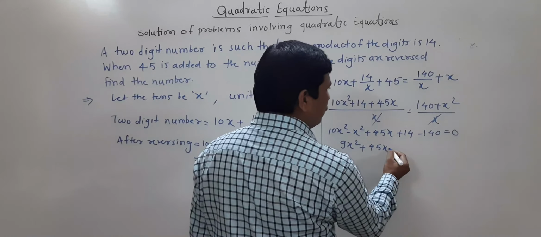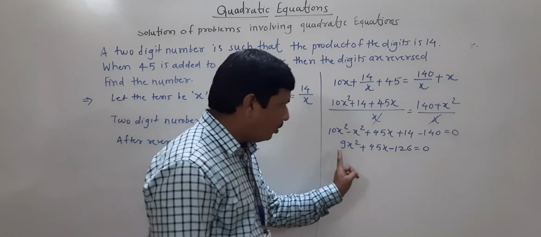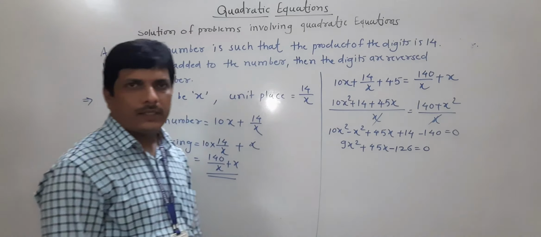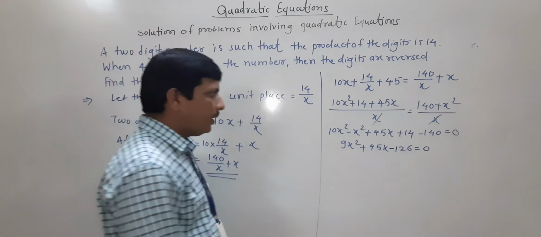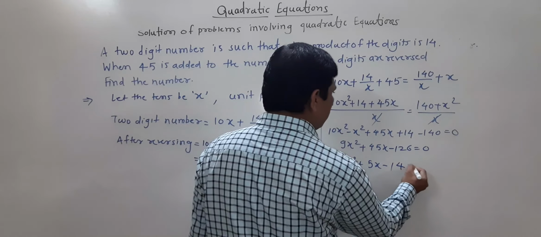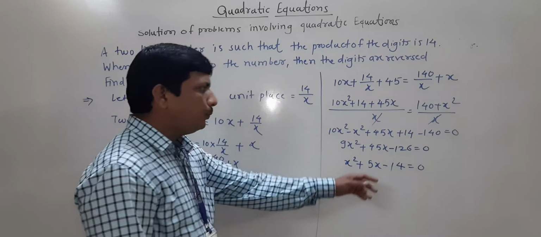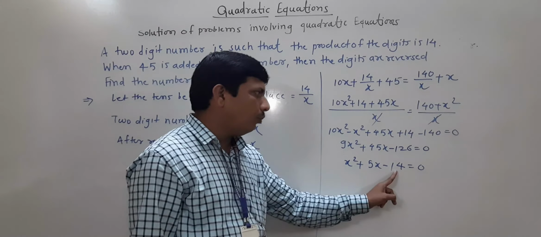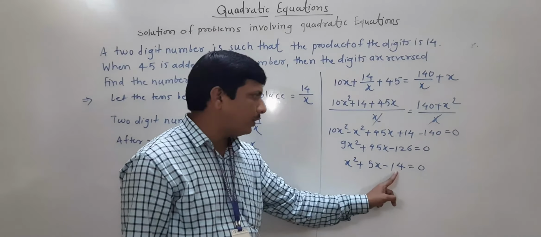Okay, so this is a quadratic equation. Further, all the three terms are divisible by 9, so we can divide by 9. So x square plus 5x, since 9 5s are 45, minus 14, since 9 14s are 126. Okay, so we need to factorize minus 14 such that the sum comes to 5. So 7 and 2: 7 times 2 is 14, and we need plus 5, so the greater number will have the positive sign and the smaller the negative sign.